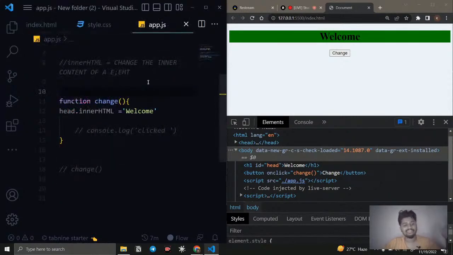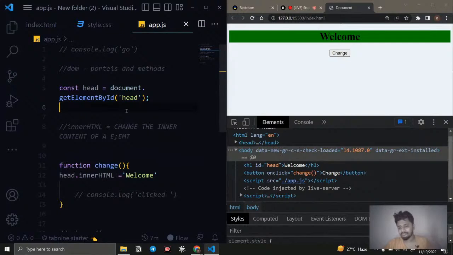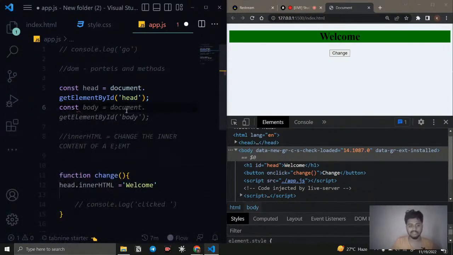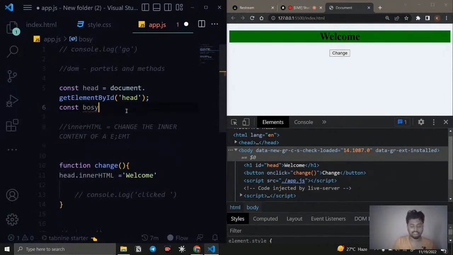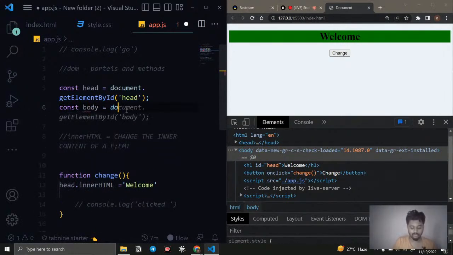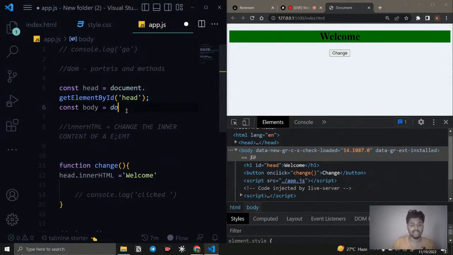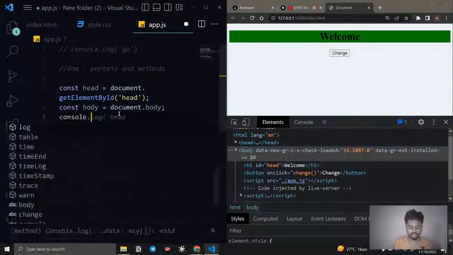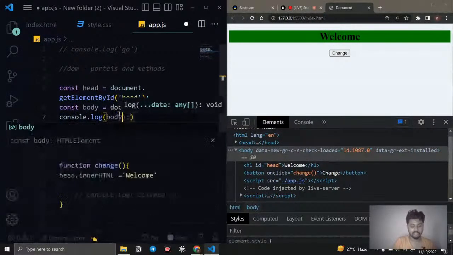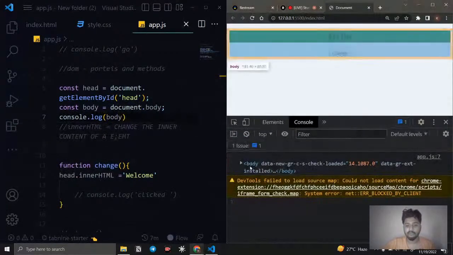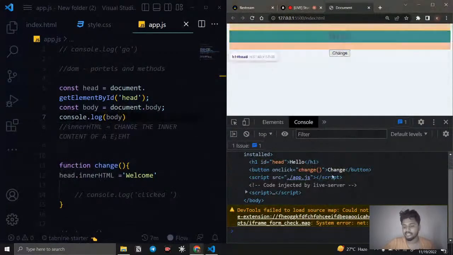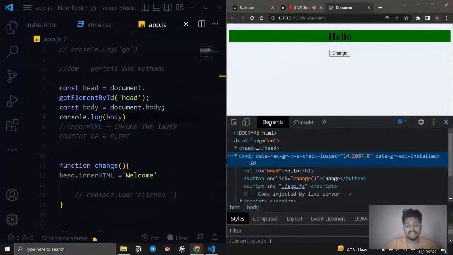So right now I'm going to end the session with changing a little bit of CSS. I'm creating a variable, const body, and I'm going to grab the entire body. So I simply say document.body. If I use console.log to check what is inside this body variable, you can see we are getting whatever is inside the entire body tag.